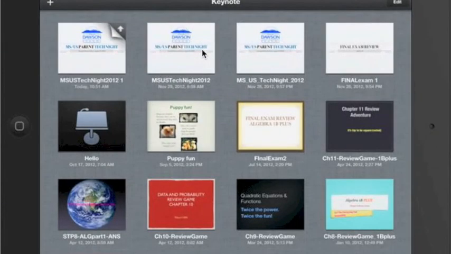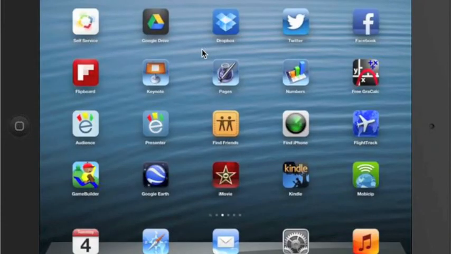So anyway, that's the way you can use Google Drive to upload files from your iPad. This works with many apps. I've used this with Keynote, Pages, Numbers. I tried it with Book Creator the other day. It may not work in every app that you're using, but many of the apps that we have on the iPad, if you've created a large file or video, you can upload to your Google Drive.